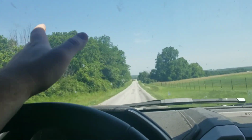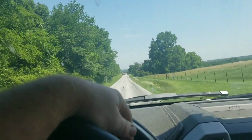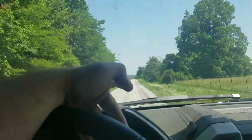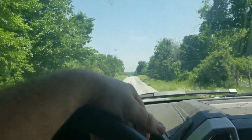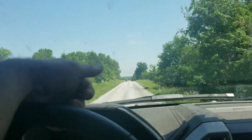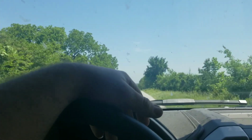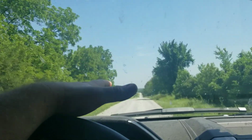Everything is so scattered out. I think there's like 180 acres here, and it's on Clear Creek. Clear Creek's a pretty good sized tributary that feeds into the Osage River not far from here. Now, we've cut a lot of timber on Clear Creek in the past, but it's further on up the creek. So I cut a lot of good walnut on Clear Creek, but here,